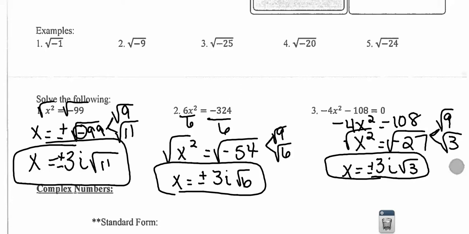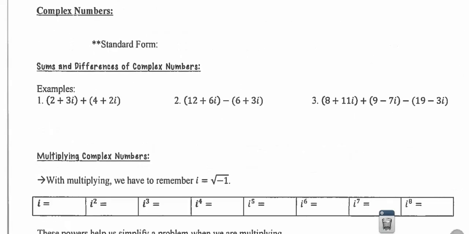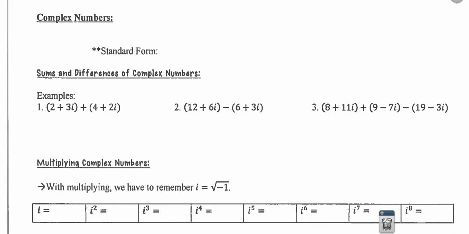Hopefully you're doing okay. Let's go ahead and keep going. Let's talk about what it means to be a complex number, because that's where the imaginary numbers live. They live in the complex number system. We have the real number system, and then we have the imaginary number system, and the complex is made up of all of it. So complex numbers, they are a number